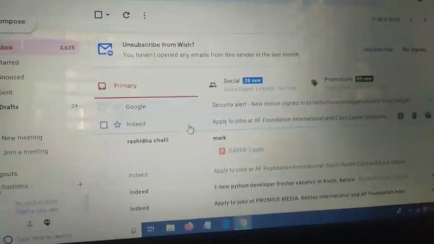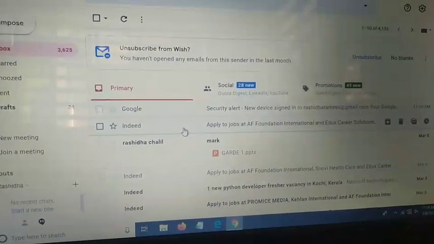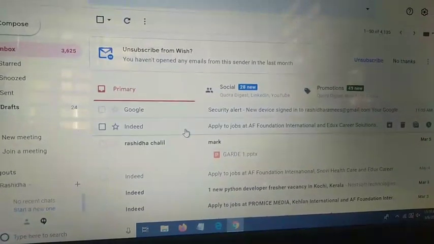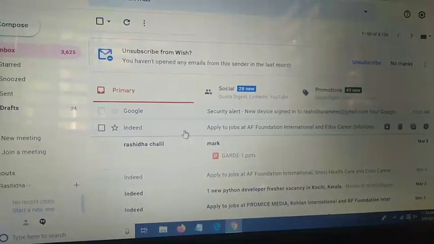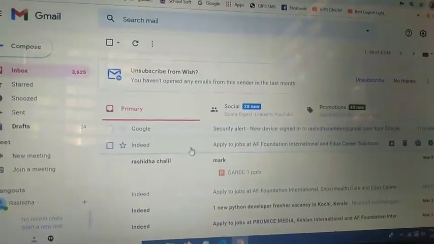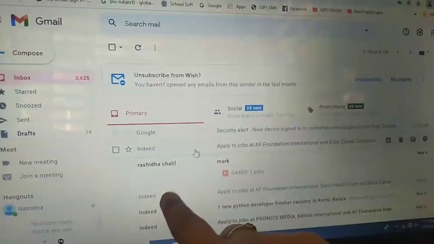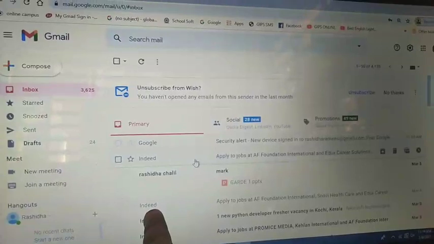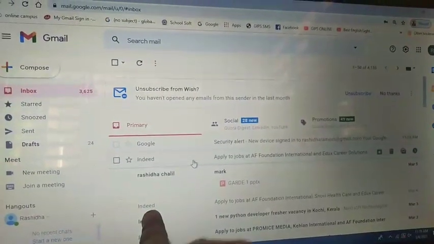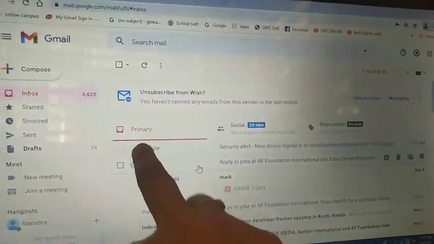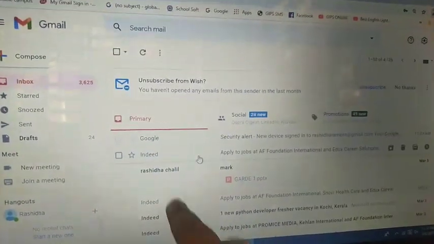So we want to move these same senders' mail to a new folder. We can create a folder named Indeed, and we can move these mails to that folder.